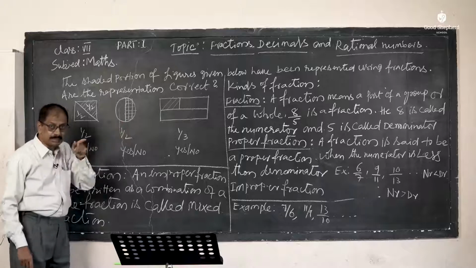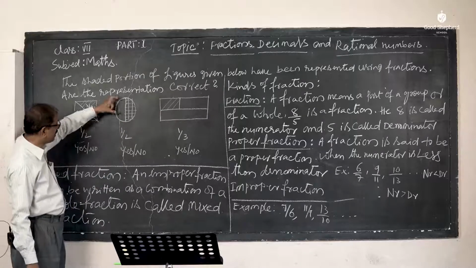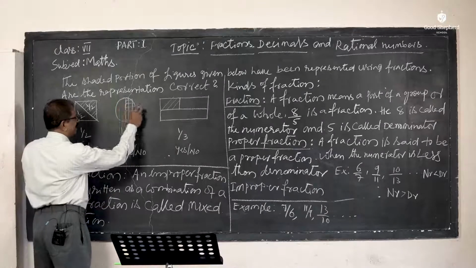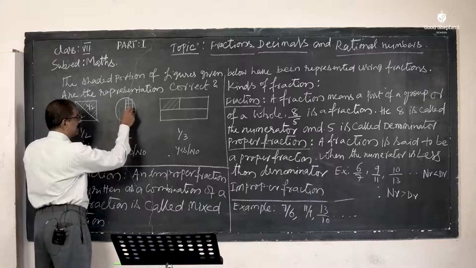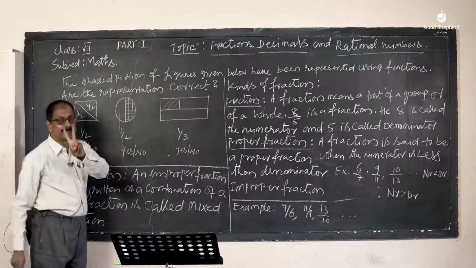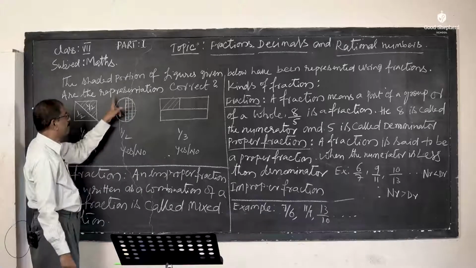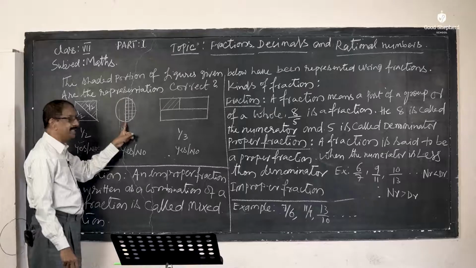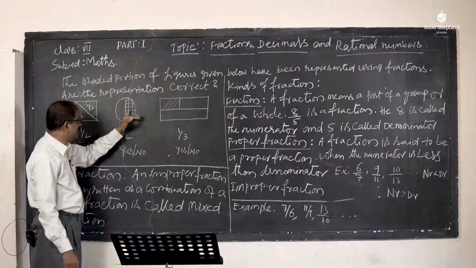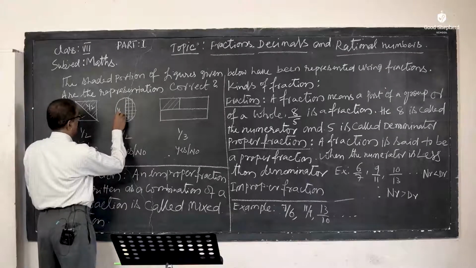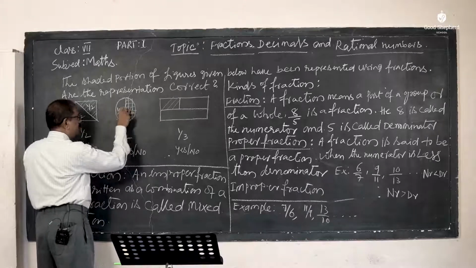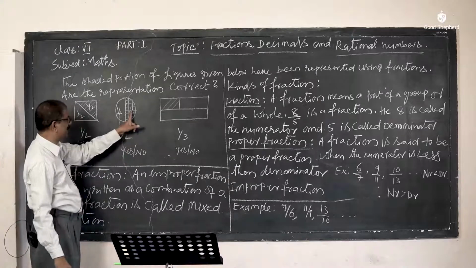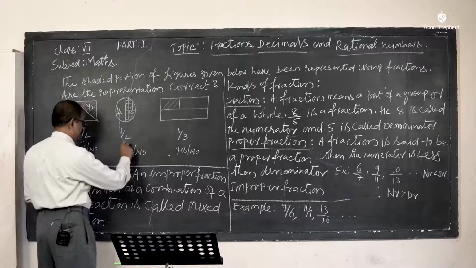The next is a circle, and we have drawn a diameter. The diameter, which passes through the center, is the largest chord. We shaded the right side part. This divides the circle into two parts, each part being a whole part, made exactly equal by drawing a diameter. So each part is called 1 by 2 and 1 by 2. The sum of these two becomes a whole number, that is 1. So yes, the shaded part is 1 by 2. It is also correct.